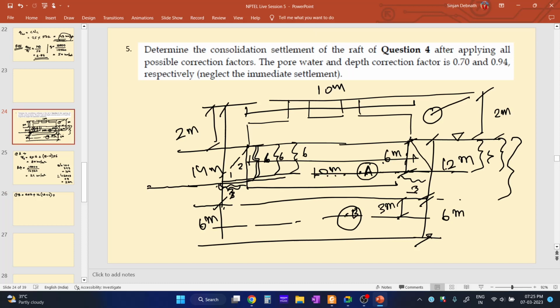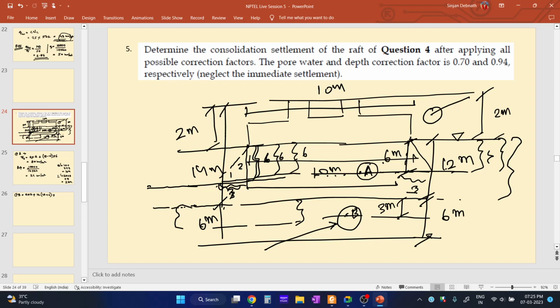At point B. Okay, so from this is where layer 1 ends. From this up to this is the half of layer 2. So what is this particular depth? This is 3 meter, the half of the depth of layer 2. So we must find out the effective stress and the additional stress that the additional load is causing at point